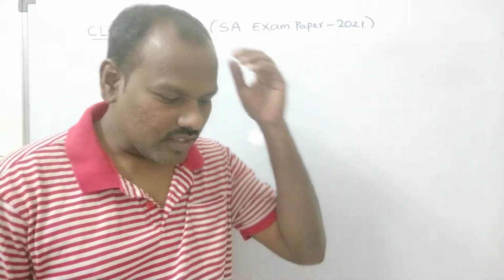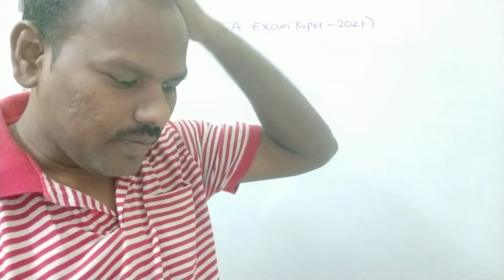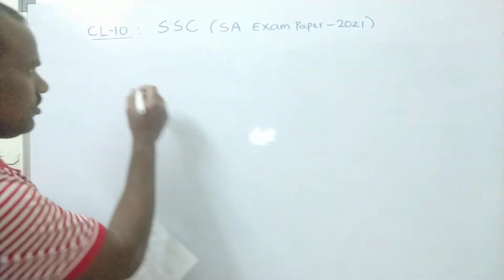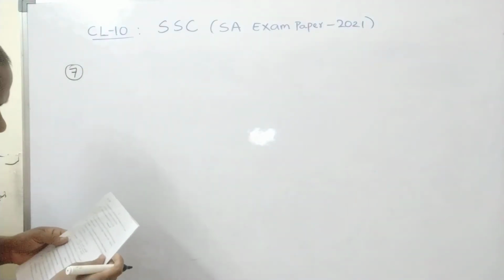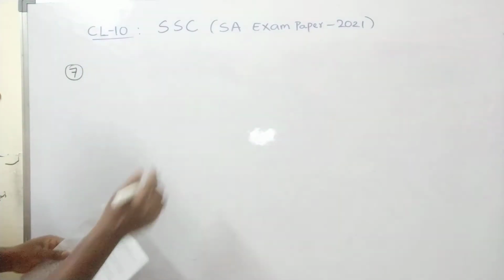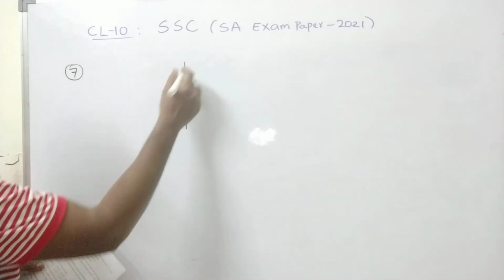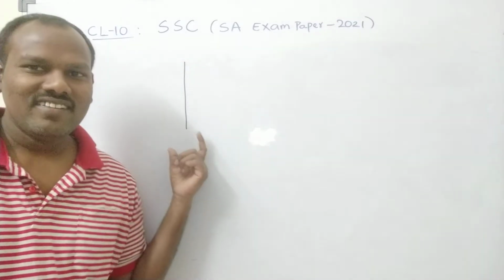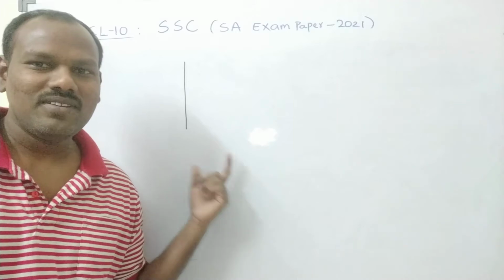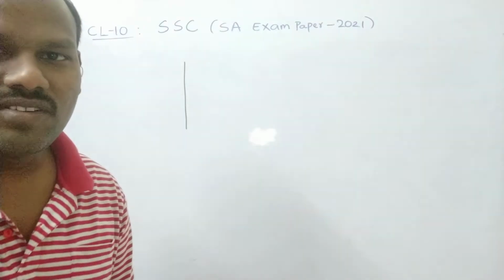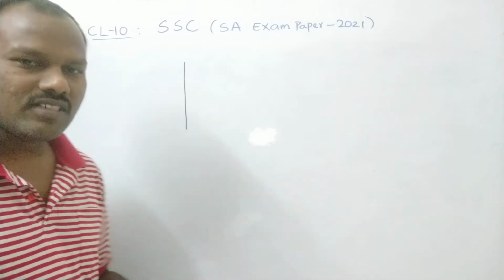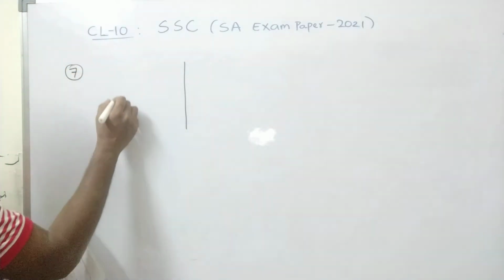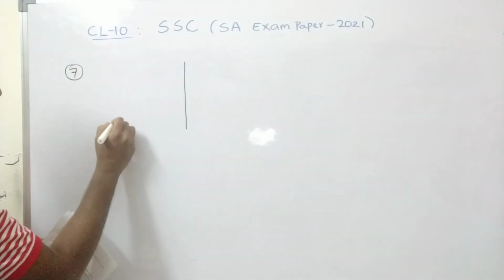So next question, it is given from 12th chapter, application of trigonometry. So question number 7. A girl standing at a distance of 10 meters from the foot of a coconut tree. So imagine, this is a very interesting one, the first introduction figure of the application of trigonometry, the first diagram. Okay, so here we have a girl standing here.